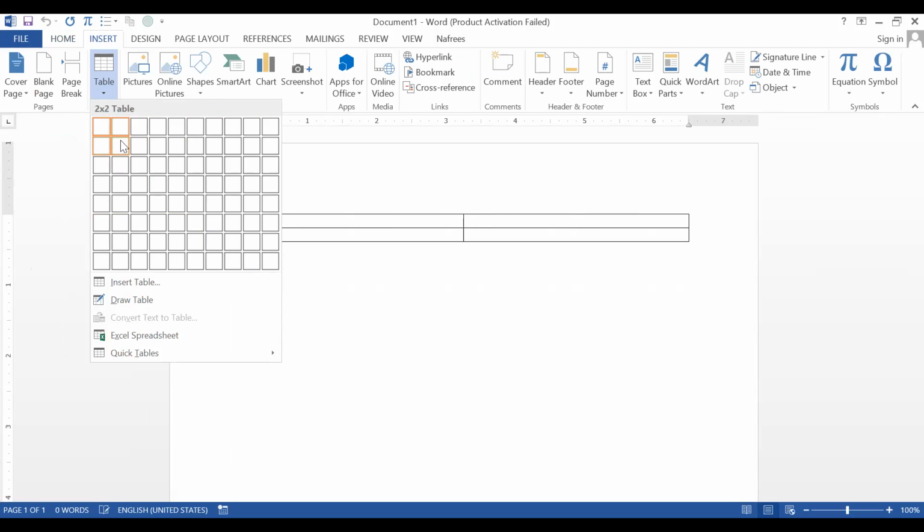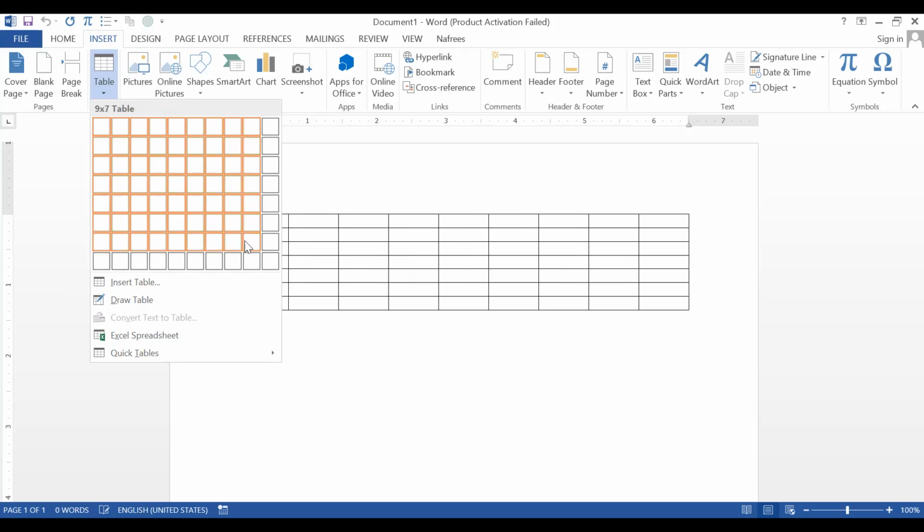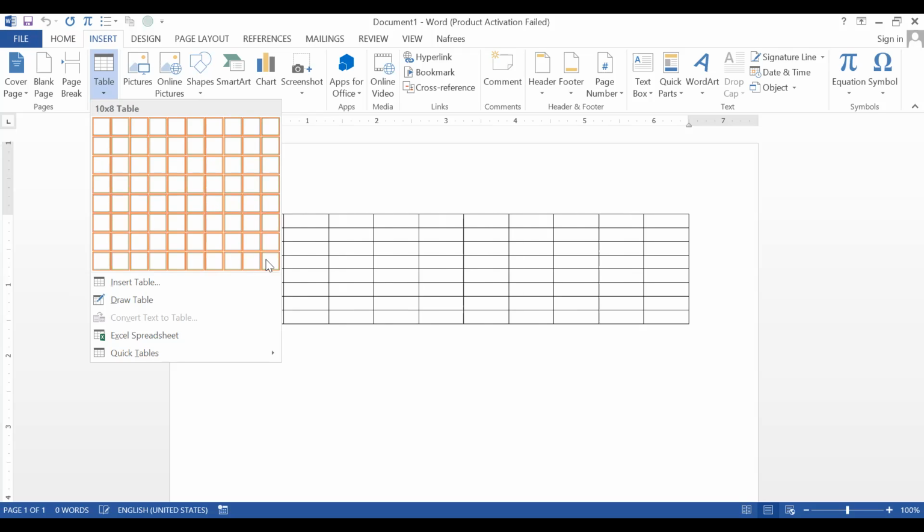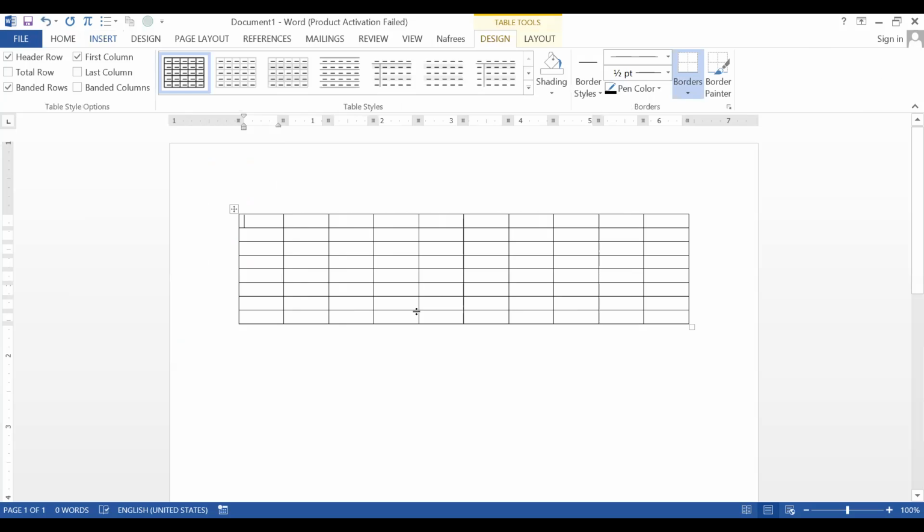Now I'm moving the cursor, look at here. You can see at the top of this area, this is a 4 into 3 table. Likewise, you can create it, but the maximum is 10 into 8, that is 10 columns and 8 rows only. So if you need more than that, for example, let's say I'm creating 10 into 8. This is the maximum. If you need more than that, if you move the cursor here, you can find a plus sign here. Just by clicking this one, you can add more columns here.